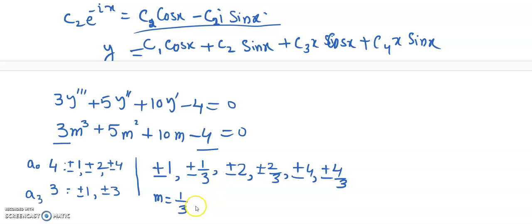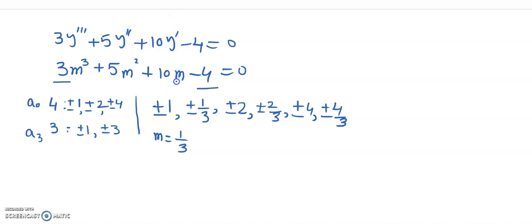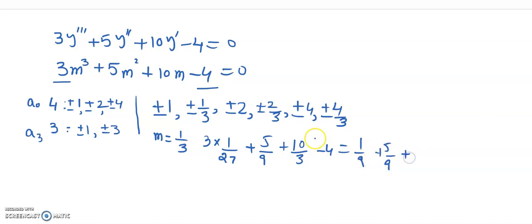So if I put the value m = 1/3 into this equation, let's see: 3 times 1/27, since 3 cubed is 27, plus 5/9 plus 10/3 minus 4 is equal to... this is 1/9, this is 5/9, and this is 10/3, which we can make 30/9, and then